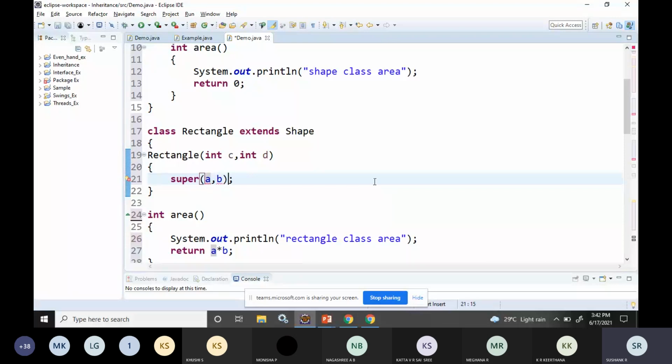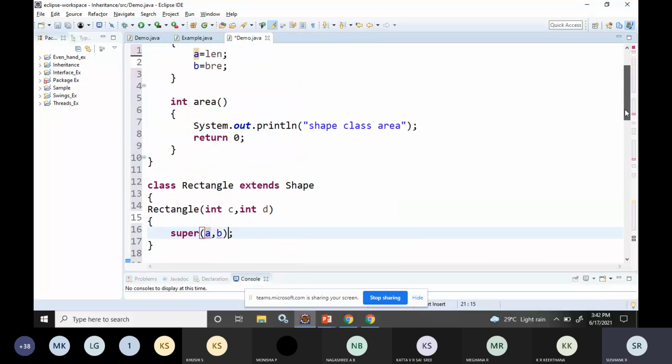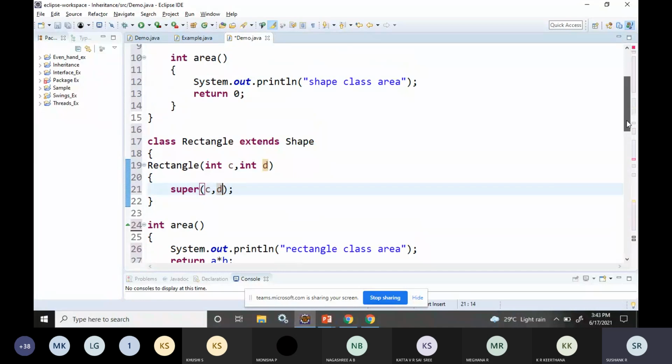Here I want to call a constructor with two variables, so that's why I'm passing the names. Instead of super of a comma b, I can pass c comma d also. The naming can be anything, but the number of parameters should match.